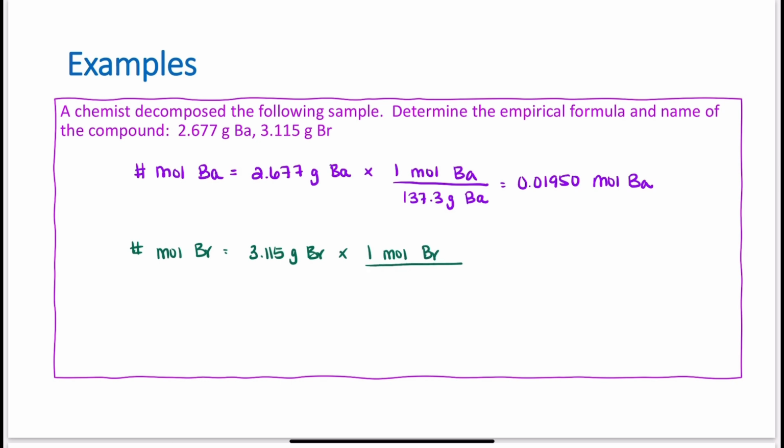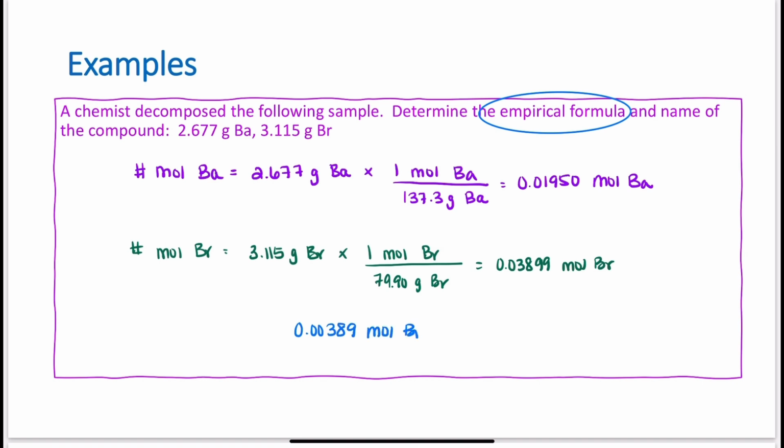1 mole of bromine weighs 79.90 grams, again from the periodic table. Calculate this out, and I get 0.03899, keeping those 4 sig figs, moles of bromine. But again, I want the empirical formula. Empirical formula is the smallest whole number ratio. So I'm going to divide both of them by the smaller of the two numbers, in this case the barium. So I've got